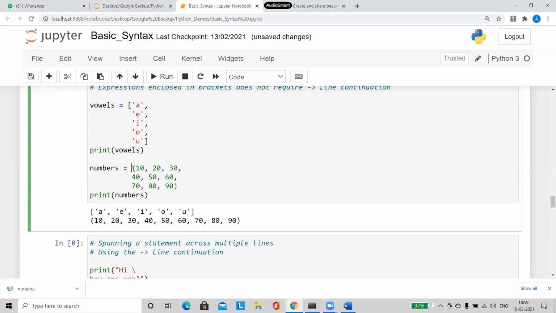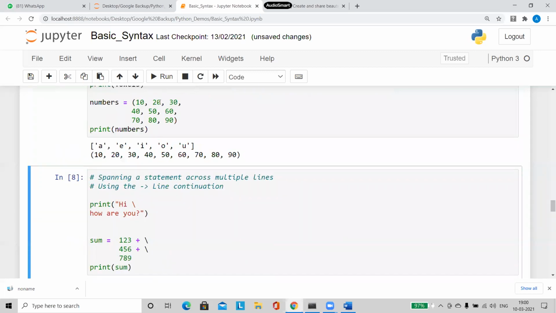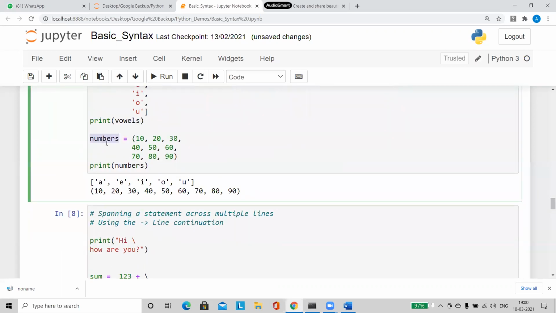Same way here, I'm using the parenthesis. Here also I can make use of it. So now when you run this program, see, it is going to give you the values. Everything is going to be stored in this variable only. Multiple values getting stored in a single variable.